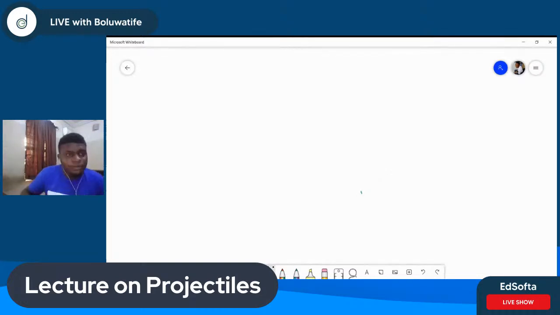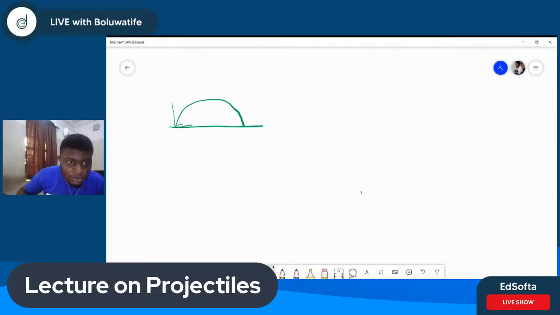Okay, so having said that, this is how it looks. It moves like this, and then it lands. Okay, so now this velocity here can have a vertical